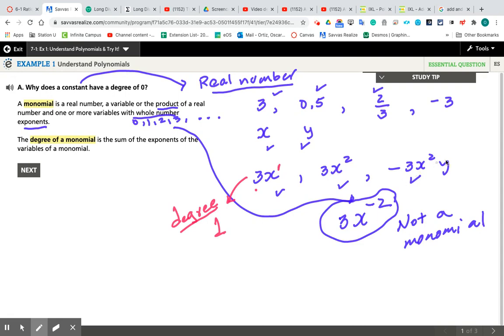But if you have more than one, like in here, then this one has exponent 1. So the degree of this monomial will be 2 plus 1, which is 3. So that's what it's saying here, is the sum of the exponents if there is more than one. If there is only one, you will bring down that exponent as the degree of the monomial. Okay, so that is key to understand what